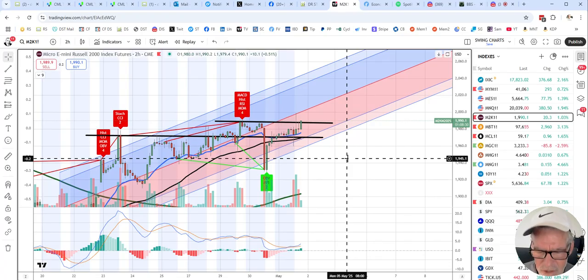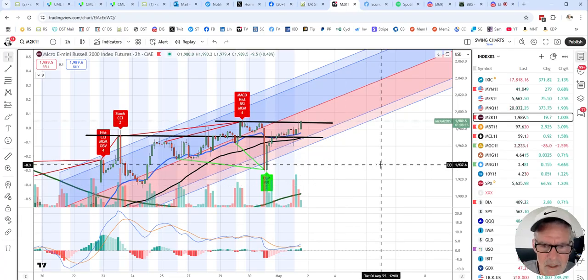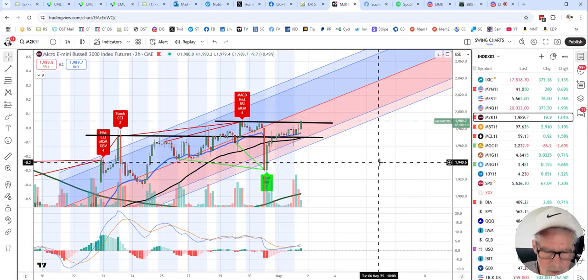ISM was a contractionary number, although it was above expectations. That's good, but still below 50, and that's recessionary. Market didn't care at all. It took it totally in stride. So when the market rallies on bad news, you know that things are probably going to carry on regardless of what happens tonight with Apple, Amazon,